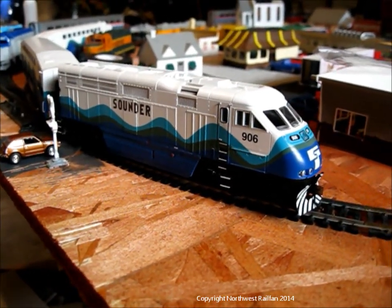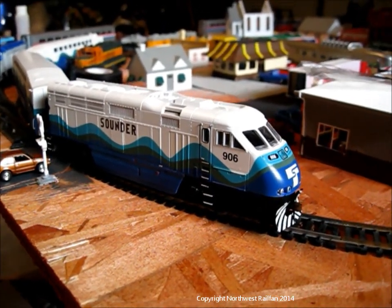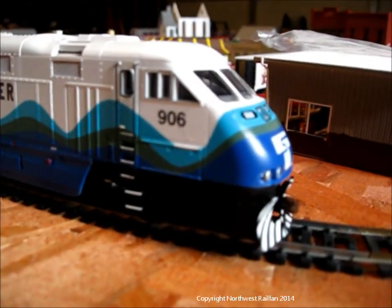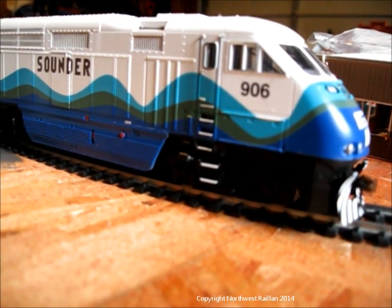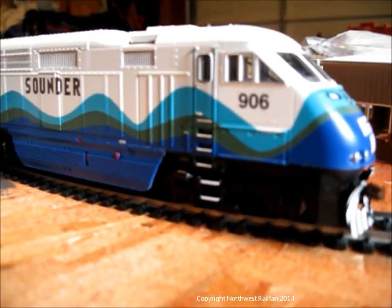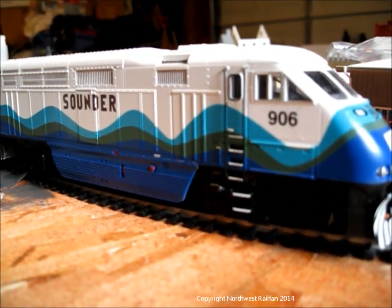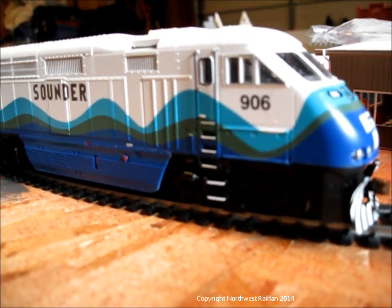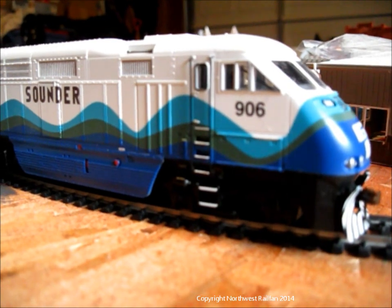I can't remember exactly what months, but I think one of them was around June, July, and the other one was, I think, August. Yeah, August sounds right. So I got number 906. This is the one I wanted. I have a video of 906 at Auburn pulling into the station and then departing. So it's pretty nice. I've seen 906 a couple times. The other two numbers available were 911, which is the second one that I would ask for if this one was out of stock,